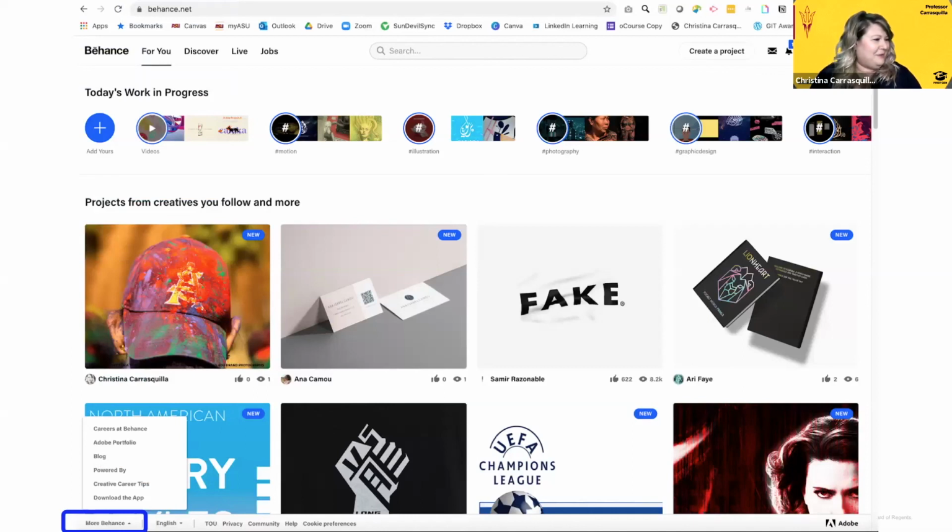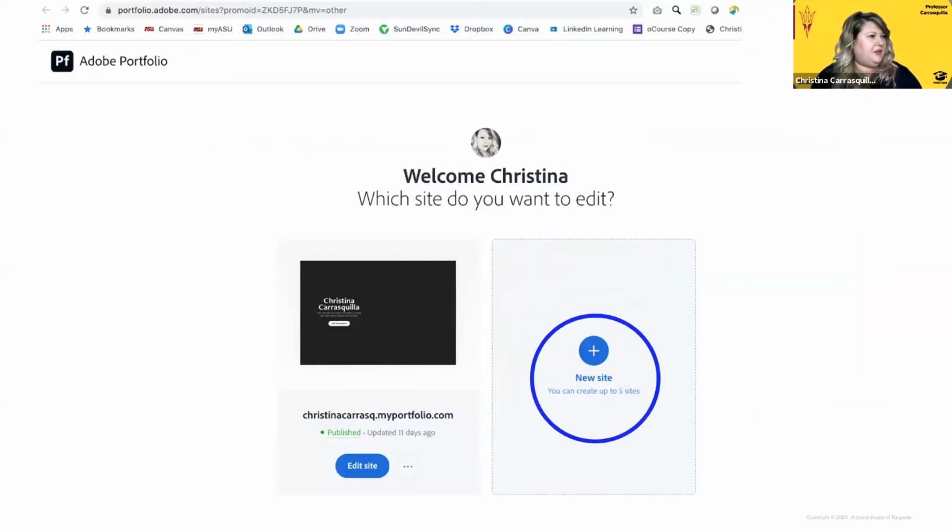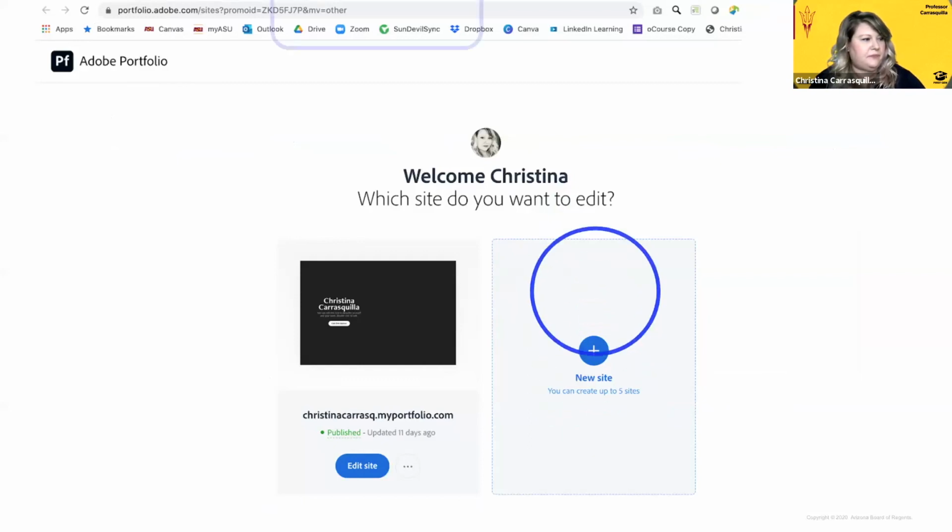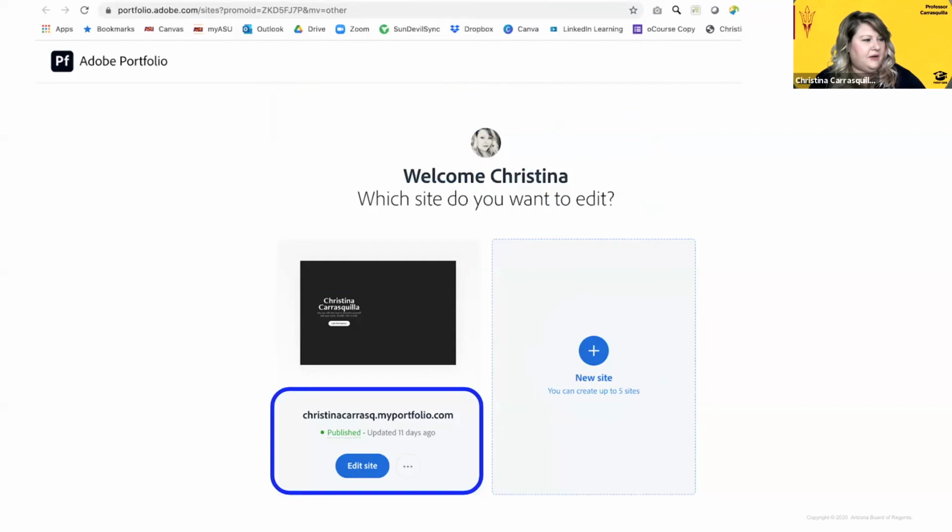If you click on more Behance, you'll see that there is this box with careers at Behance, and then the second one says Adobe Portfolio. When you click on that, it brings you to your very own Adobe Portfolio. You'll see it even change the URL to portfolio.adobe.com. And you can create up to 5 websites on Adobe Portfolio. The one that it'll create automatically is usually your